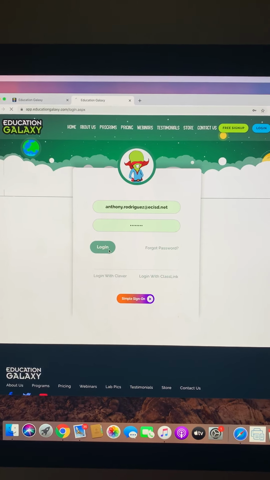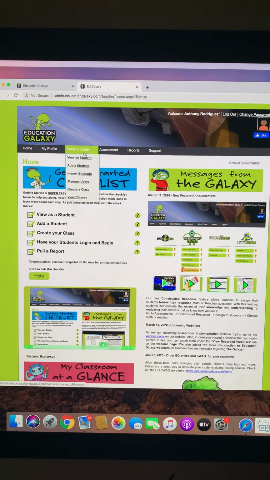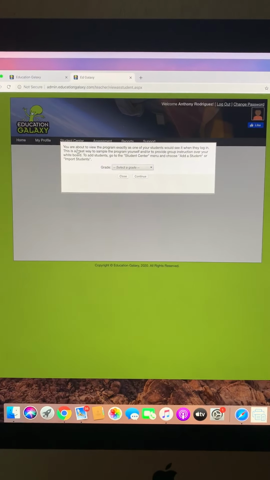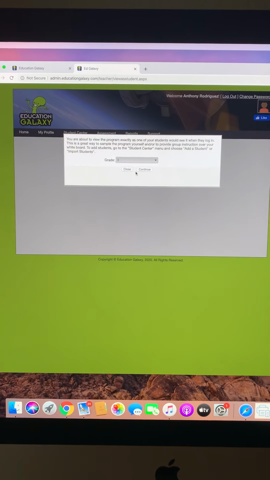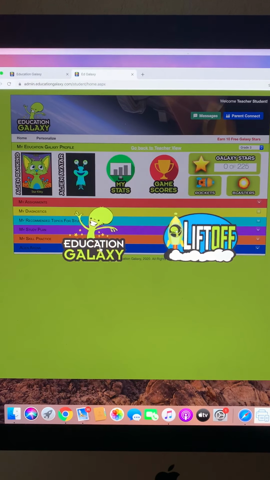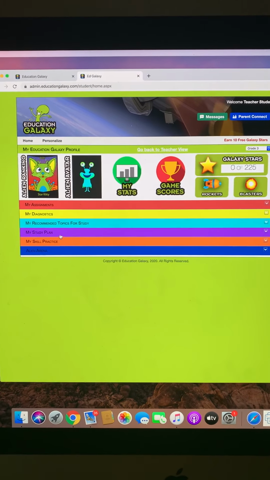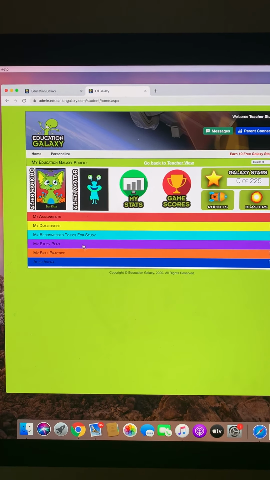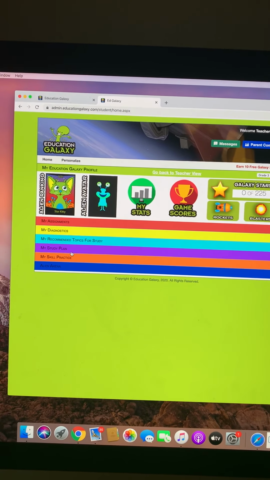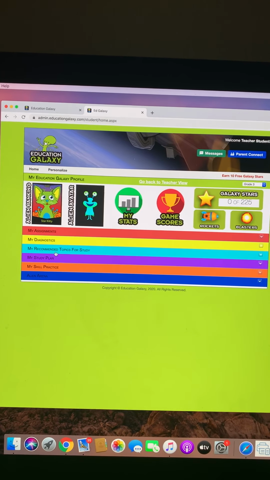So let's skip this. Now this is the teacher's page, but I'm going to show you what it looks like as a student. Okay, so once they log in, they're going to click Education Galaxy. They do have these 6 little tabs with drop-down menus that they can navigate through, but for math, we've already done the test, and so there are these 2 tabs that they can use,